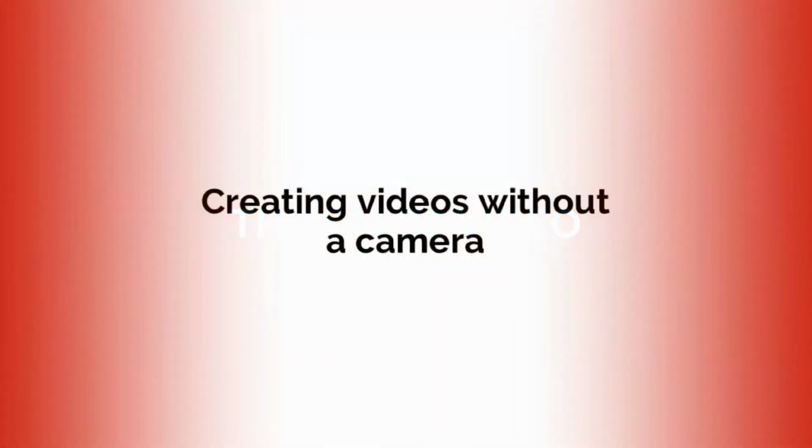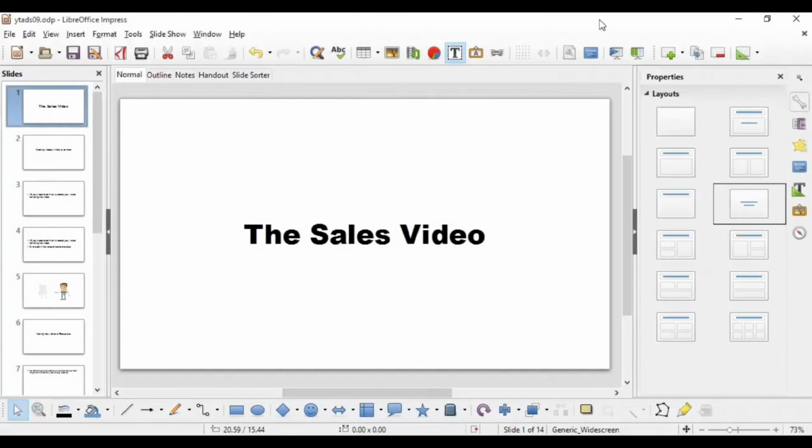But if all that sounds like hard work, you can make videos without a camera. This video was made without a camera. One option here is to create a slideshow in PowerPoint and save this as a video file. If you don't have PowerPoint on your computer, then OpenOffice or LibreOffice Impress is a good substitute, and you can get it for free. And I'll let you into a little secret. I'm using LibreOffice Impress to make the graphic slides for these videos.